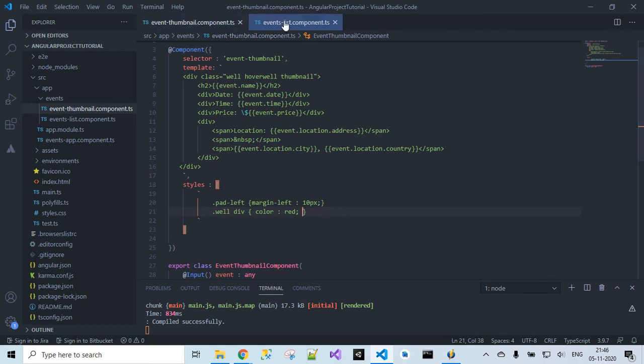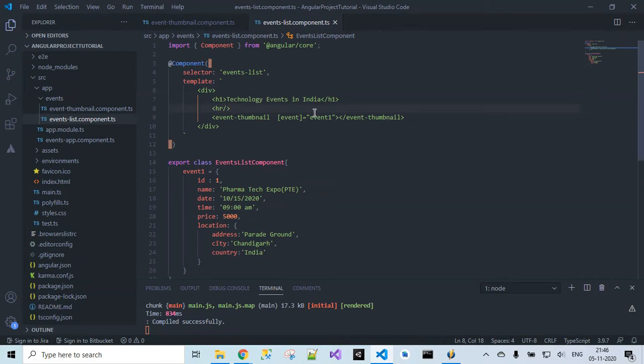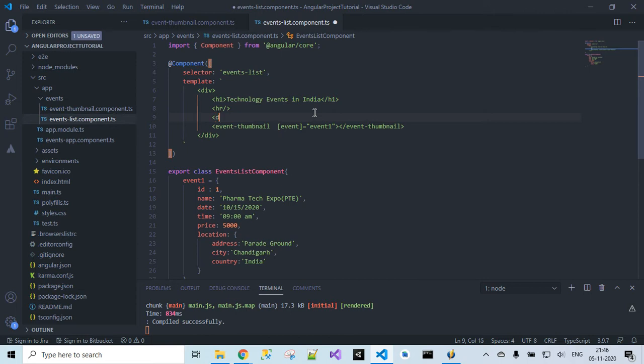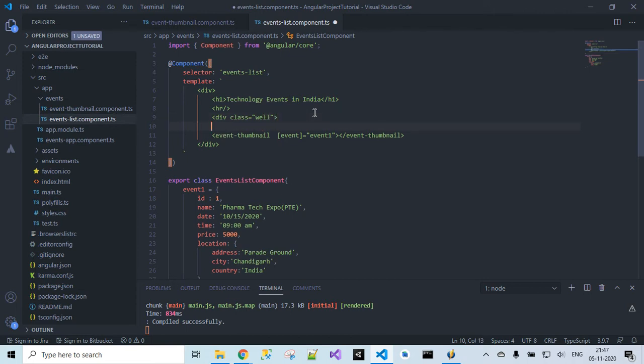Now going to my parent component class, the same thing I am going to define over here also. The change I want to make here is the same classes, let's introduce them here to see the difference. Okay, so div class equals well, the same well class I'm applying over here, and I want to display a message as hello world.